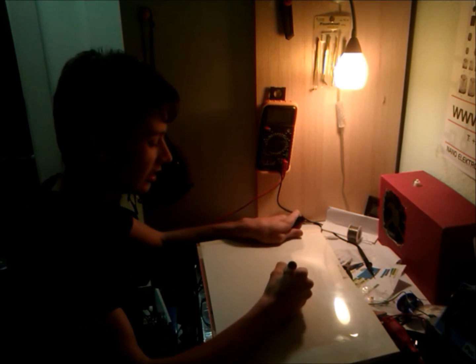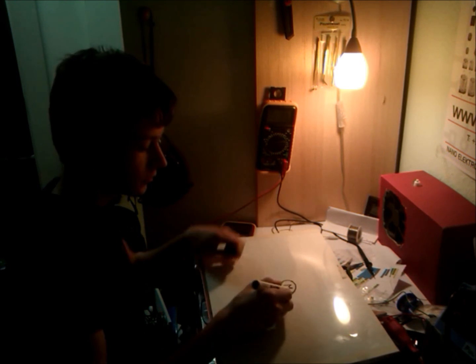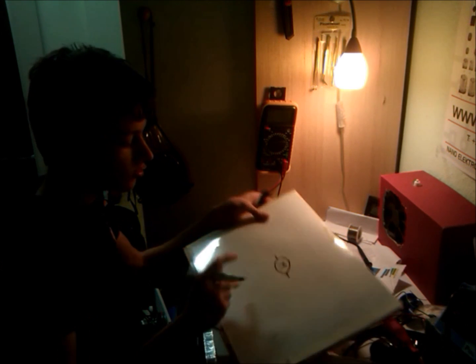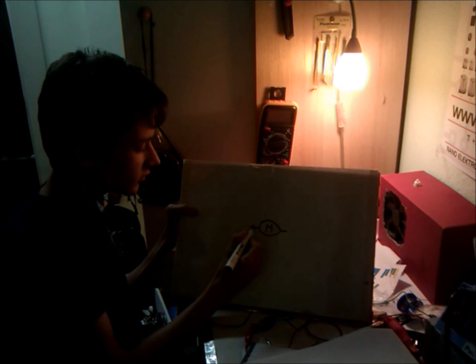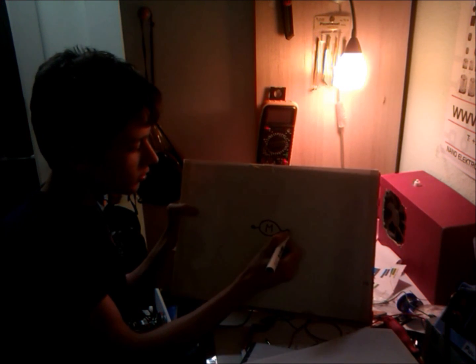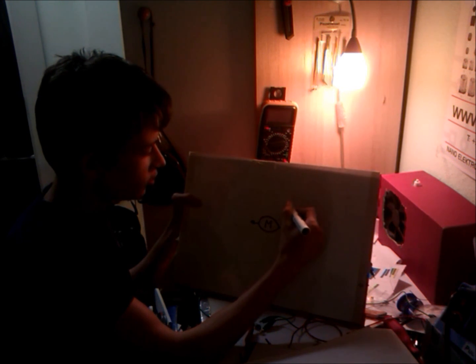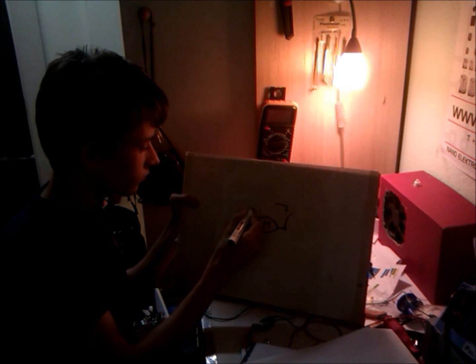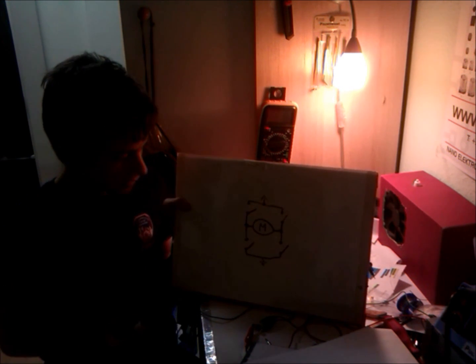Now, what an H-bridge actually is: when you have a standard brushed motor, once we change polarity we change the direction of spinning, so we need some sort of switching. An H-bridge basically consists of 4 switches. Now this is the basic